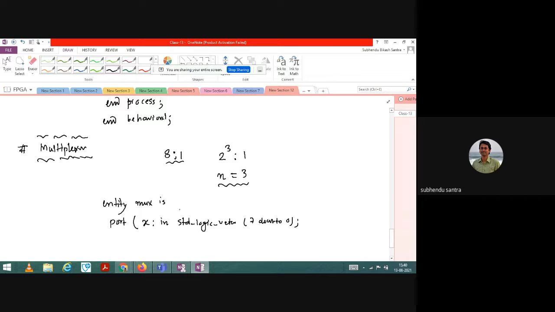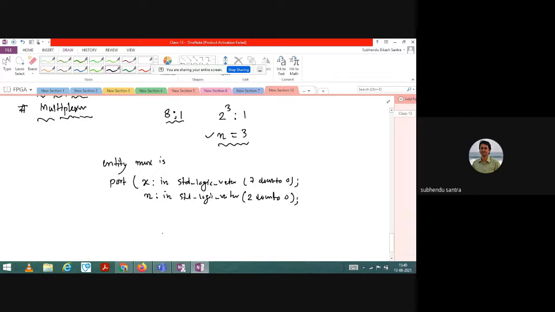Now you tell me, a selection line is also there, n. So let us say n is the selection line. Is n input or output? Input. So standard logic vector 2 down to 0. Okay, and what else is left? Sir, output.